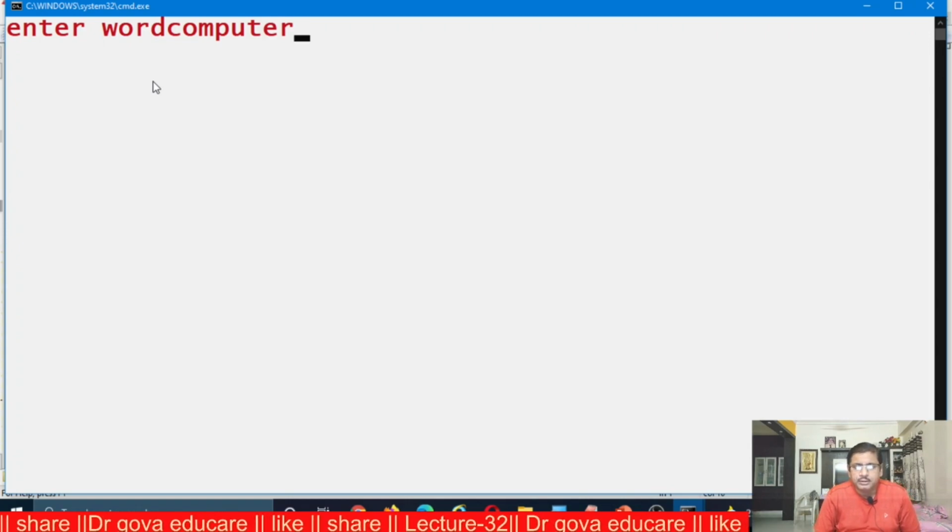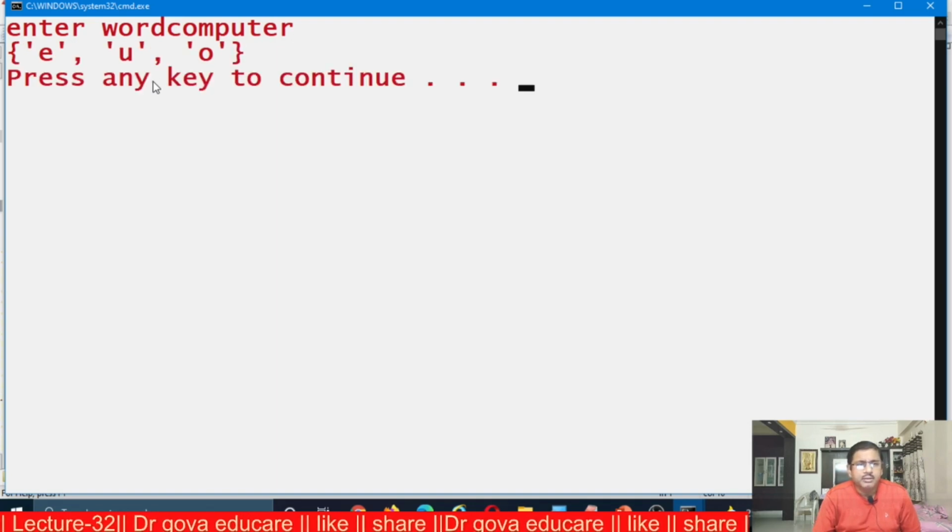I entered the word computer. Now the output is only vowels, all the vowels displayed from the word computer. E, O, U are the only vowels in the word computer.